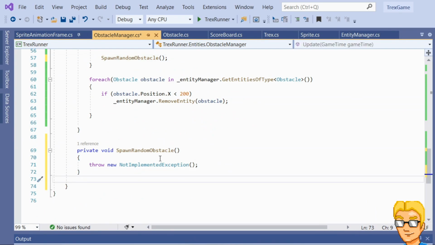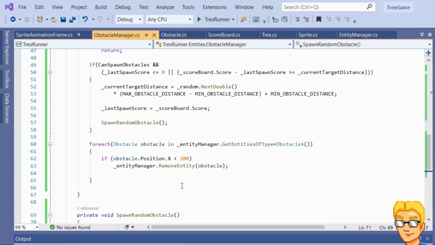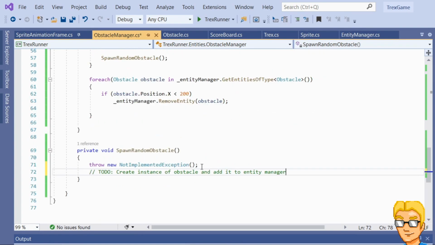And here we will later on actually implement the spawn behavior, the spawn logic. For now it's okay for this to throw an exception. And let's paste the to-do right here. Okay,